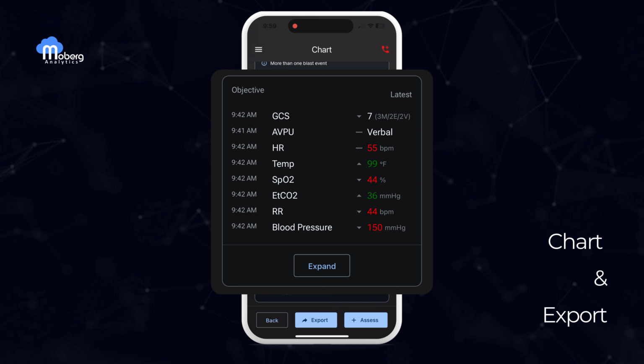If the arrow points up, it means the value has increased. If it points down, it means the value has decreased. A dash indicates that there has been no change in the metric since the last observation. Additionally, the color of the metric gives quick feedback on its status. If the value is within the ideal range, it's displayed in green. If it falls outside the ideal range, it's displayed in red, alerting the user to a potential issue that may